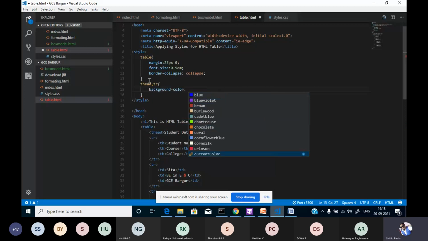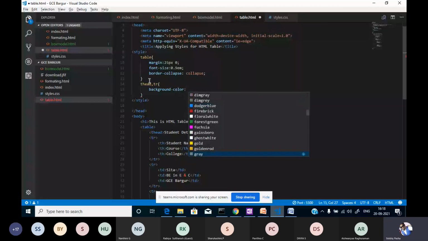We can choose any color, or we can specify the color in RGB format, no issue. So I'm simply using some color.